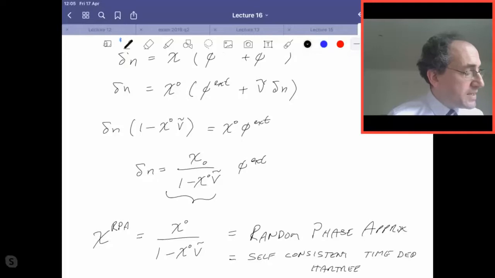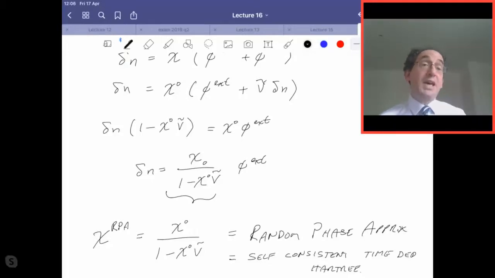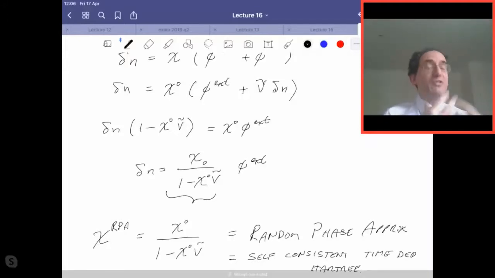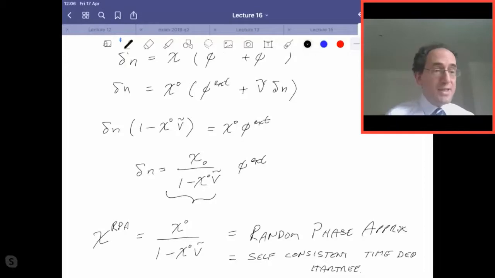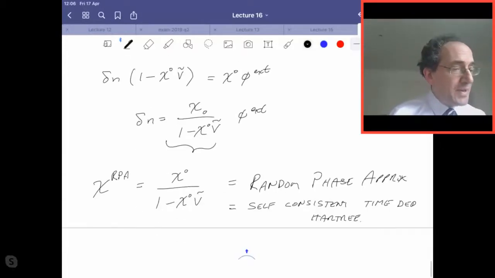So remember that the idea of the Hartree approximation is that you recalculate the system and you treat the potential due to all the other particles, and you sort of iterate that. And this is exactly what we're doing here. The potential is built up, and you recalculate the response to the potential that is built up due to the density of the other particles. Okay,